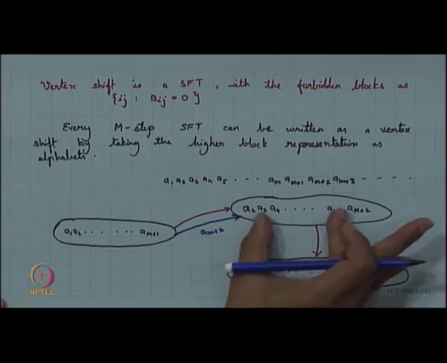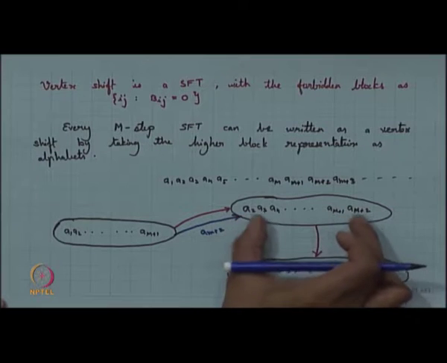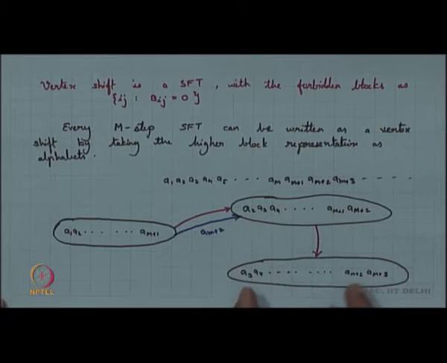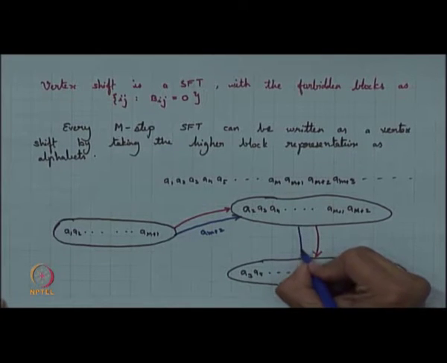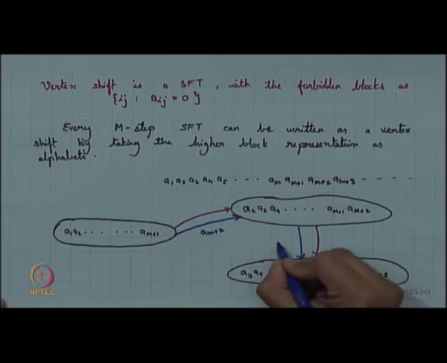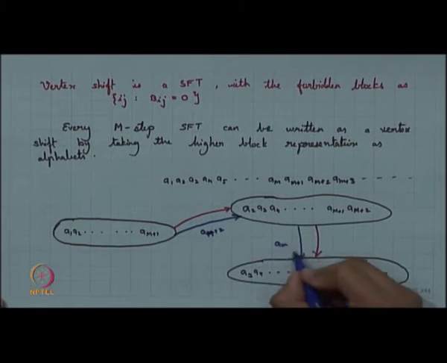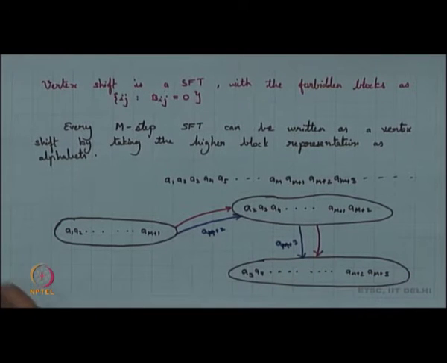Then this again is permissible. So, this block coincides with this block. So, again there can be an edge from here to here and you call it a_{m+3}, this was a_{m+2}, this is a_{m+3}, and you can have an edge from here to here. So, the higher blocks definitely help us in converting a subshift of finite type to a graph.